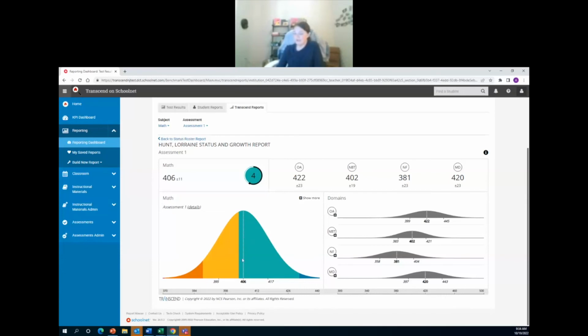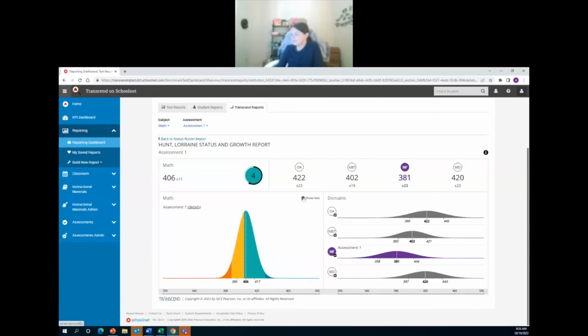And so this would be an area where a teacher would say, I think Lorraine is doing really well, but she's kind of close to that performance level 3. So I'm going to want to make sure to collect additional information, or maybe just keep an eye to make sure that she's staying on track. Because we probably would want to have more confidence if the goal is for her to be a 4 or even a 5 on the next assessment. I can start to see how Lorraine's performance differs by the different domains. And here we see, again, that numbers and fractions is an area of relative weakness where she could probably use some additional support.